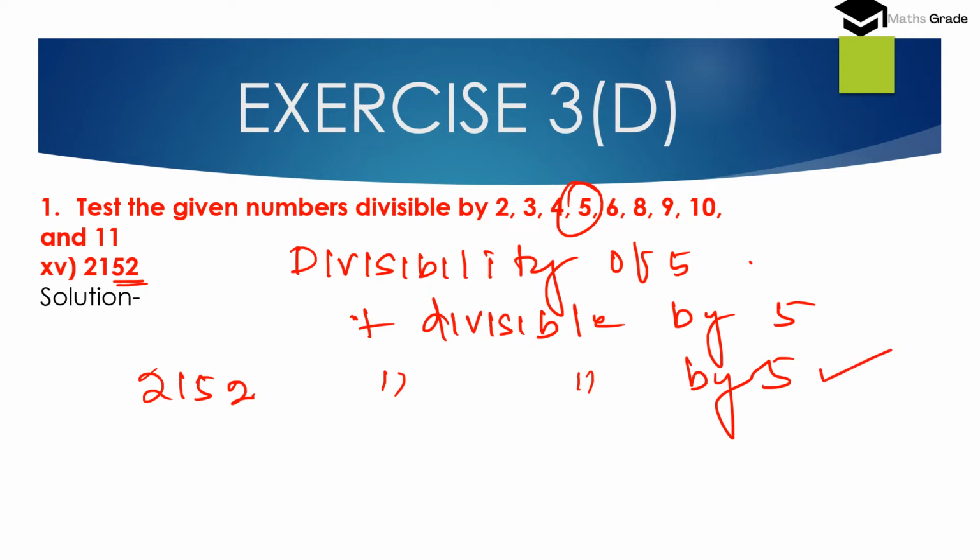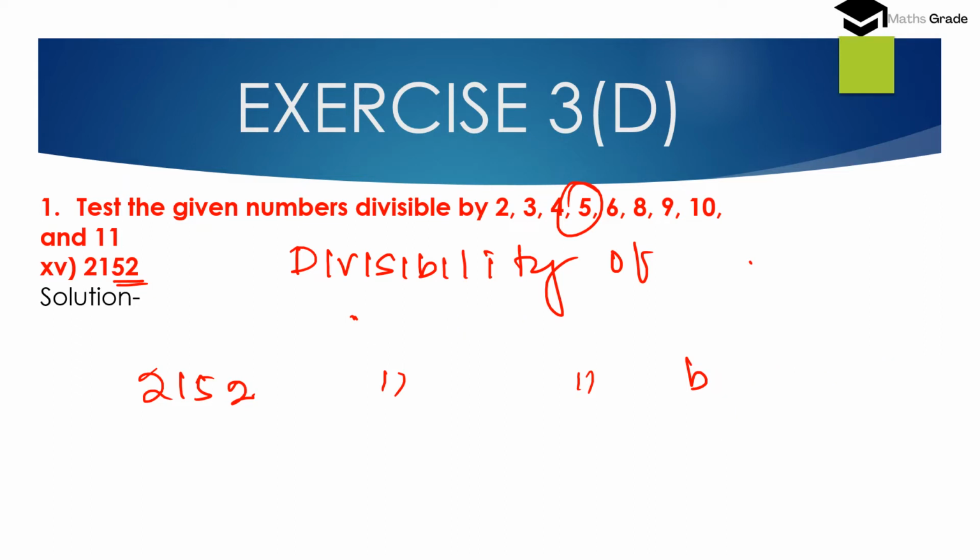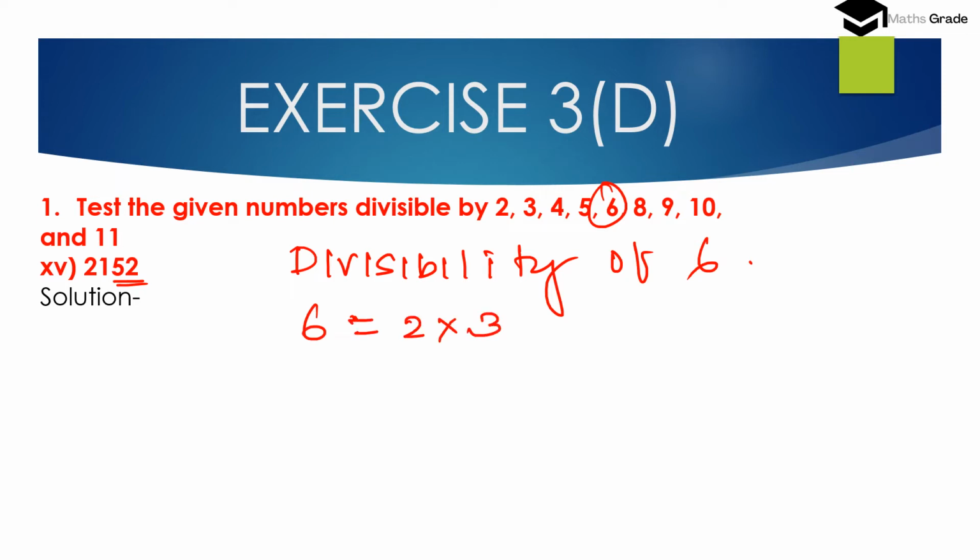Now we will check whether the number is divisible by 6 or not. Divisibility of 6. We know 6 is the product of 2 and 3. So if the number is divisible by 2, the last digit is 2, then the number is divisible by 2. Here the last digit is 2, so the number is divisible by